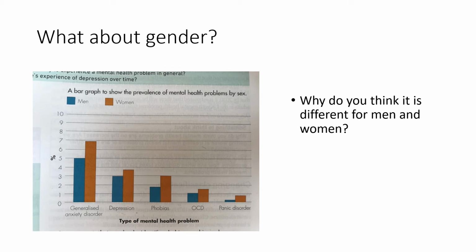So on the graph again you can see there is the blue line for the amount of men who are reporting these mental health problems and the orange colour bar for the amount of women. Now what you will notice is that on every single one of these there are more women that are reporting mental health problems than men. Now that's not necessarily to say that women are more at risk of developing these. What that's showing us is that more women are reporting them than men, and that fits in with how society